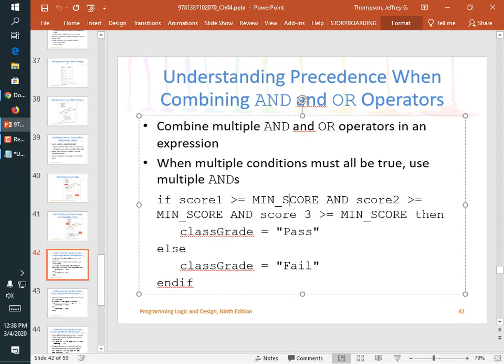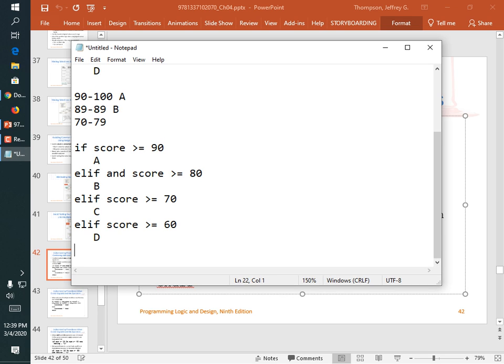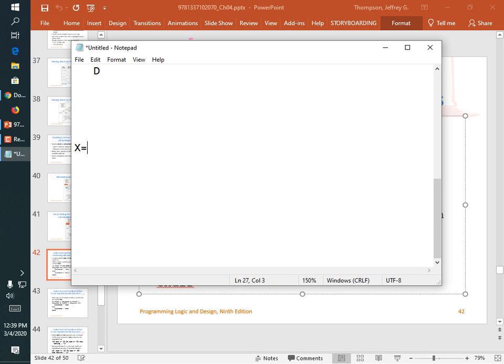So you can combine ands and ors into a single expression if you want. But you have to be careful, because ands have higher precedence than ors, just like multiplication has higher precedence than addition. So if you have an expression that looks like this, x is equal to 1, y is equal to 2, z is equal to 3, and then if I wrote the expression like this, if x is greater than 0 and y is greater than x, or